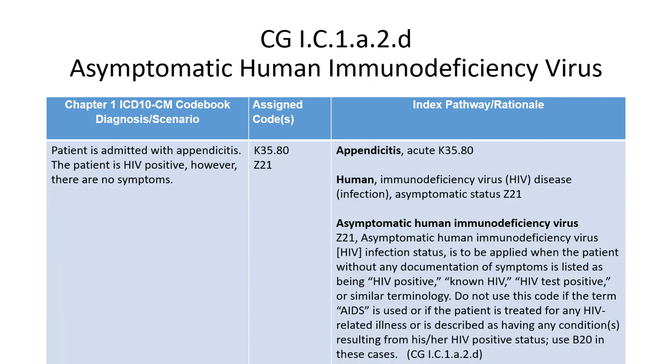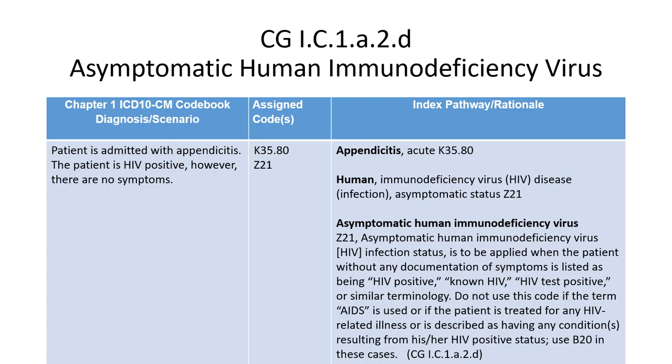There are times a patient can have HIV and be asymptomatic. This patient is admitted with appendicitis. The patient is HIV positive, but there's no symptoms. There is a code for asymptomatic HIV infection status, which is Z21. So that would be listed as your secondary diagnosis because the patient's admitted with appendicitis, which is not related to